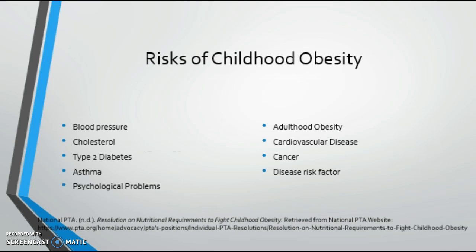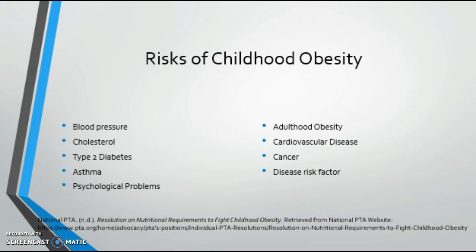And next, the risks of childhood obesity. To begin, obesity is unsafe for people of all ages, no matter their age. But for children that already have obesity, they run the risk of developing high blood pressure and cholesterol. They are more likely to develop type 2 diabetes, which comes with all of its own issues. They have a good chance of developing asthma as well. And they may also develop psychological issues. One, for example, being depression. They may develop self-image issues due to their weight and be more susceptible to bullying.